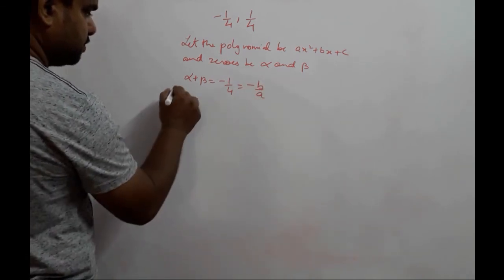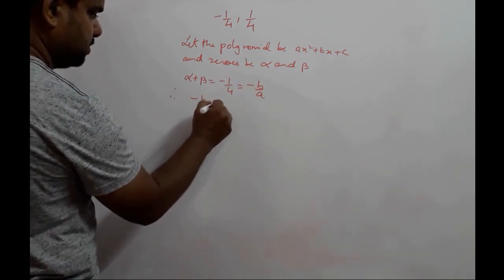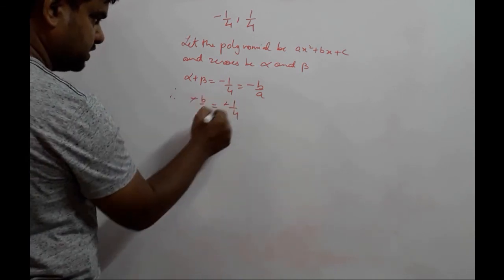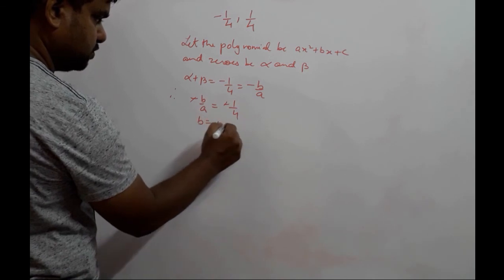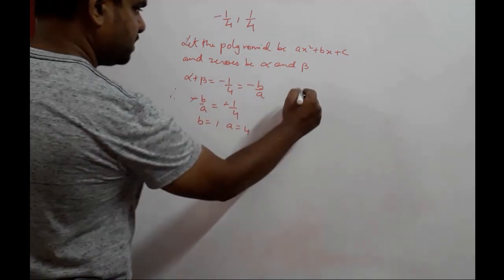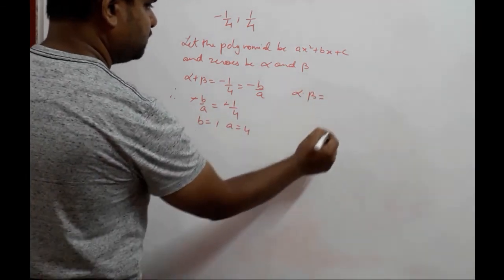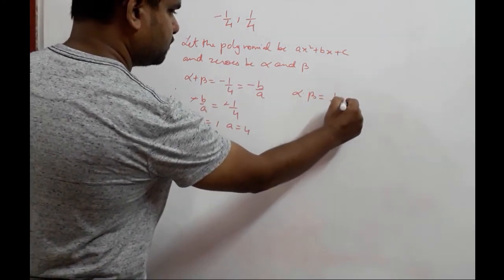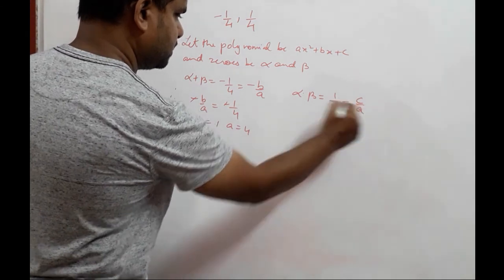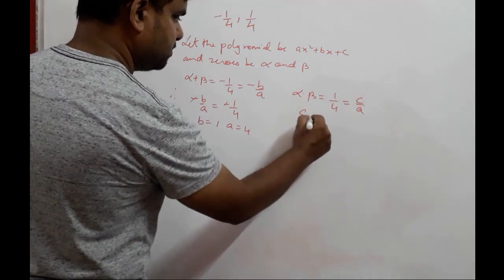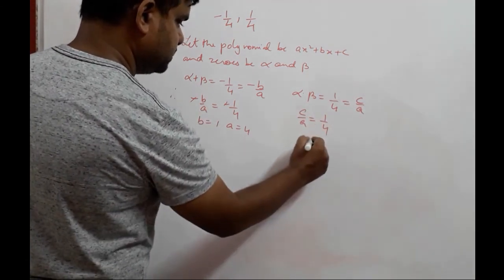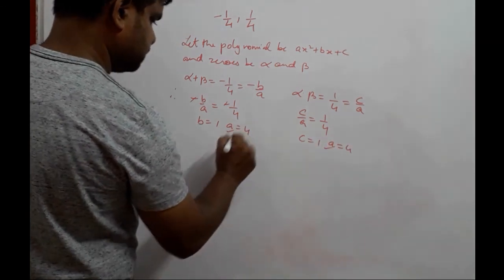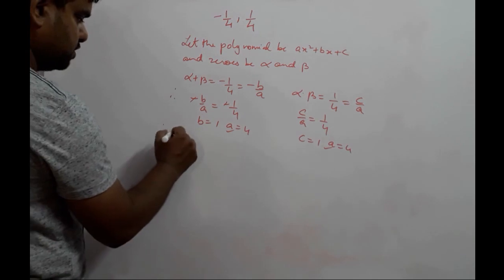So therefore minus b upon a can be written as minus 1 upon 4. These two will cancel, that means we'll get b is equal to 1, a is equal to 4. Here alpha into beta we get as 1 upon 4, which is equal to c upon a. So c upon a can be written as 1 upon 4, c is equal to 1 and a is equal to 4. So this matches both places,